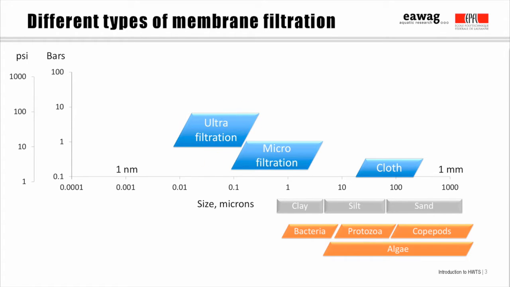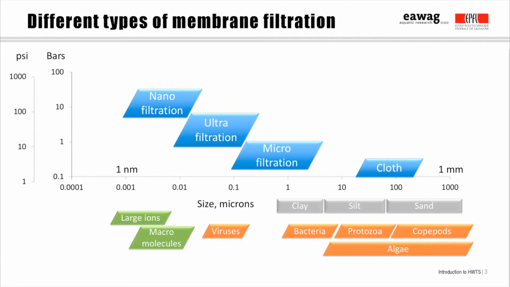Ultrafiltration membranes have pore sizes roughly from 10 to 100 nanometers, where 1,000 nanometers equals 1 micron. So these will completely exclude bacteria and larger particles, and may also remove viruses and larger molecules like proteins. Ultrafiltration membranes require more pressure, typically around 1 bar, but up to several bar. Flux is dependent on the operating pressure, but can typically be around 100 liters per hour per square meter.